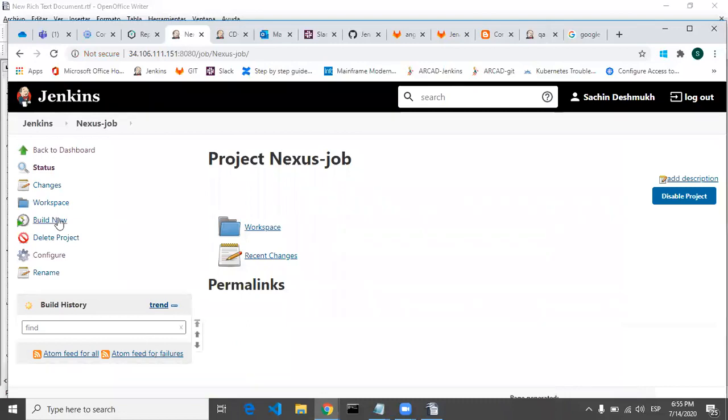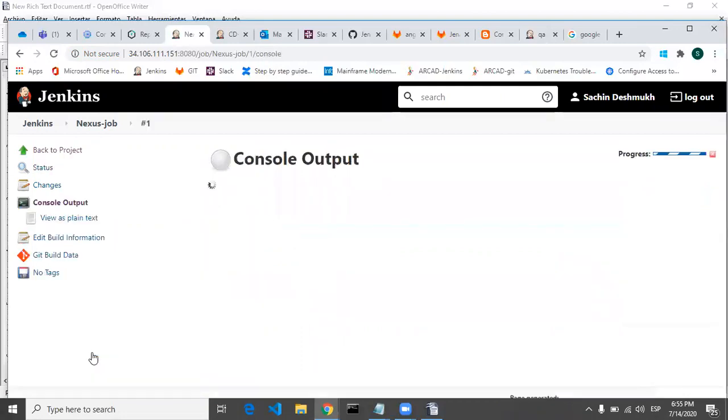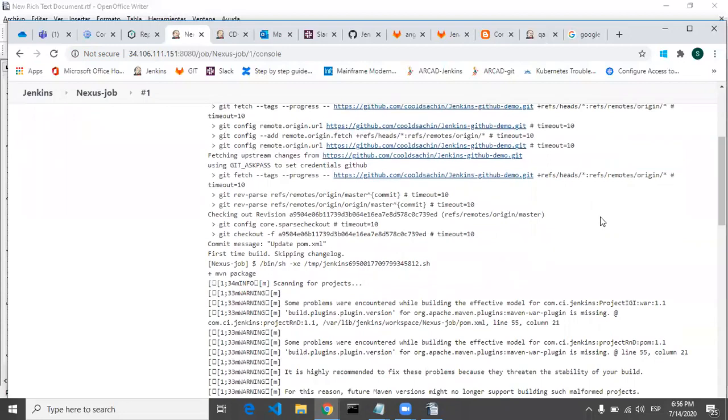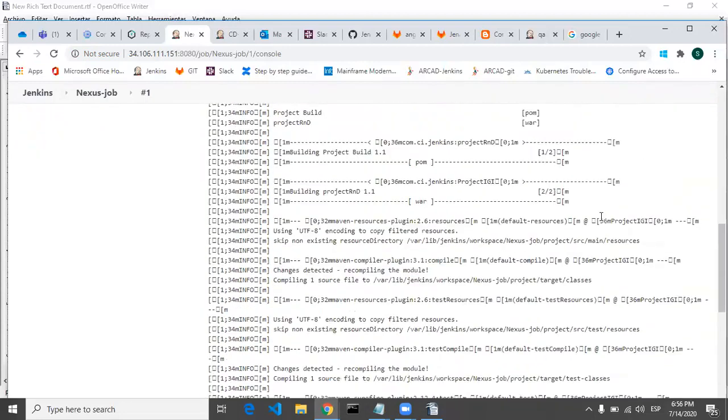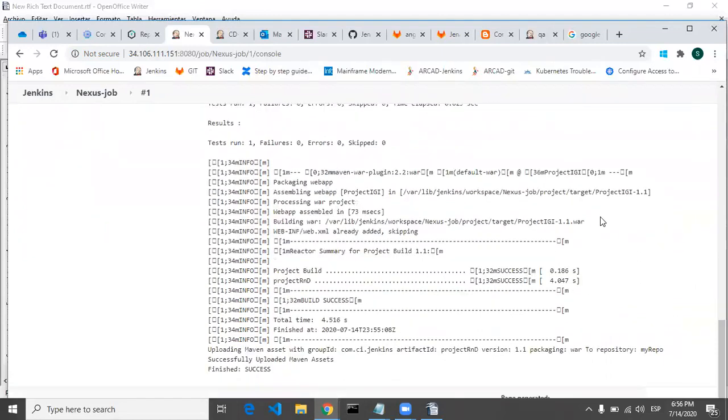and just build now. So let's go to the console output. Here you can see building in workspace /var/lib/jenkins/workspace/Nexus job. Okay, so if you go below, it is testing application, building your application, and you can see this assembling the web app.